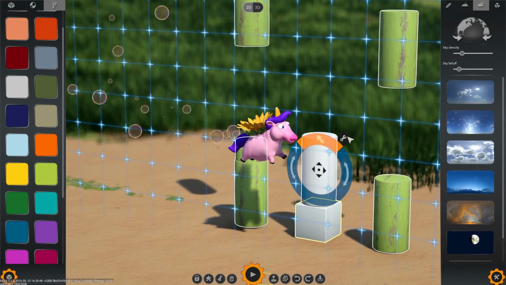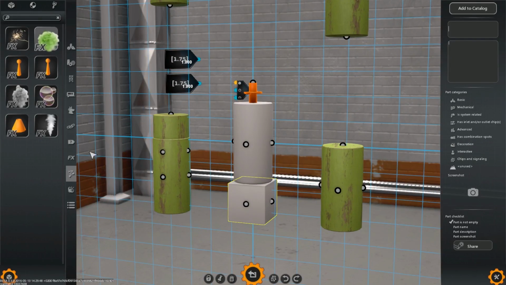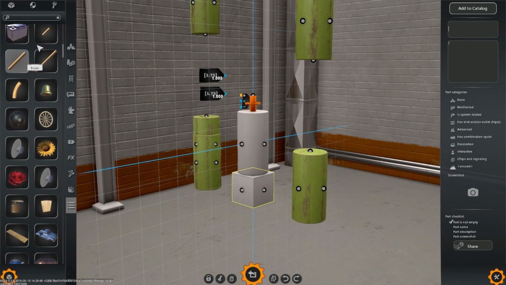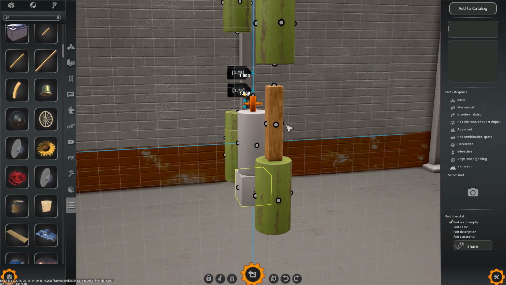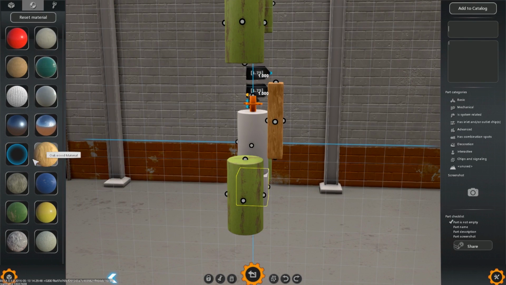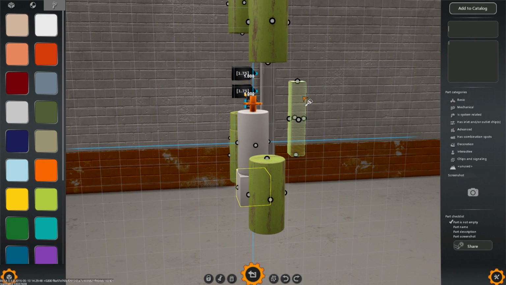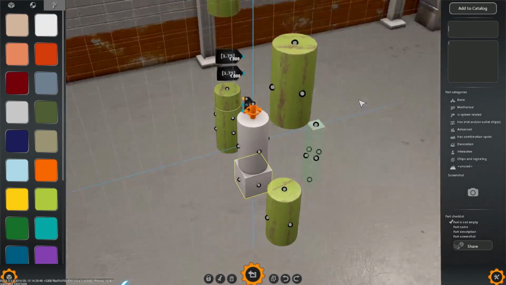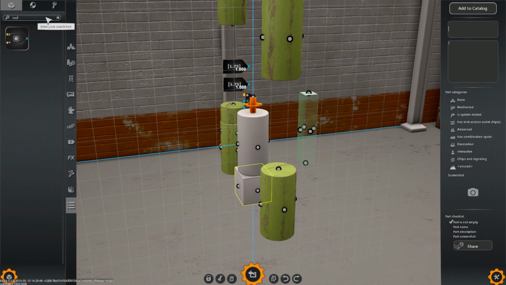So let's add some bonus effect. Let's say we want to check if the clumsy managed to get through one of the gaps. So I will add some testing volume here. Let's say we give it a kind of greenish hologram material, like so, and let's say if something is inside this,